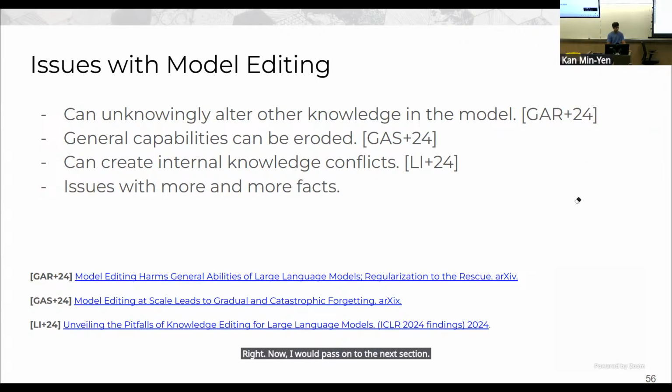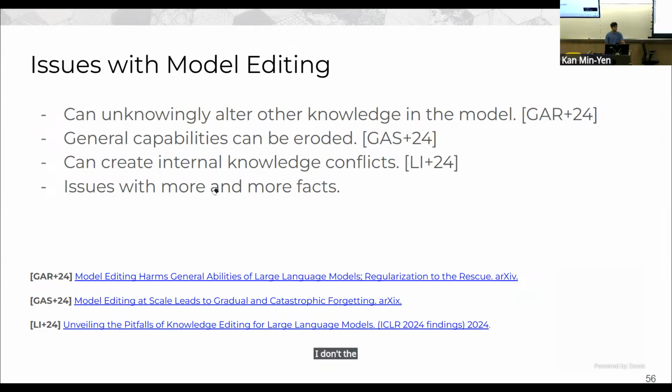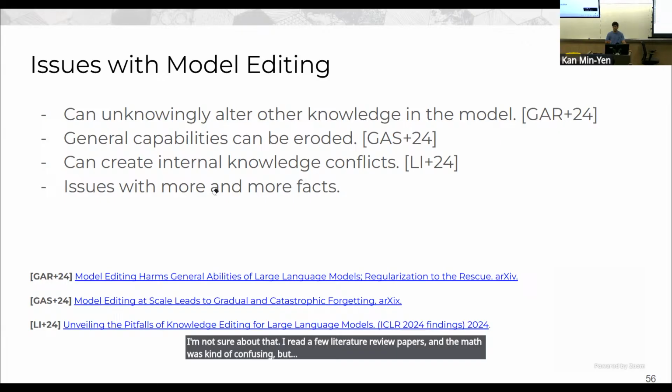Sorry, I have one more question. In your previous slide, in terms of identifying the neurons, the cluster of neurons, is the method for that like saliency match? How do you identify those actual neurons? I mean the parameters. I'm not sure about that. I read a few literature review papers and the math was kind of confusing, but I'm an undergrad